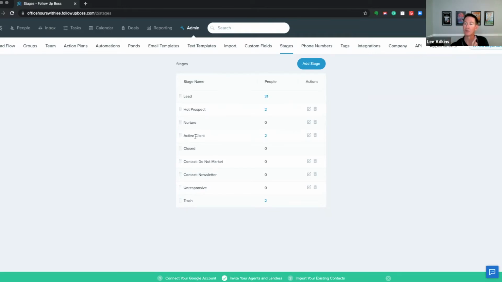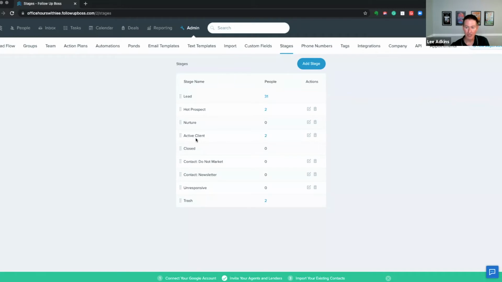And so I really like buyer, seller, or buyer and seller as a tag. Because again, what if they're a buyer and a seller? You can't have them in two stages at the same time. So now you've got a buyer stage, a seller stage, and a buyer and seller stage. What happens if they sell and they can't find something to buy? The rabbit hole continues to deepen when you start adding stages.